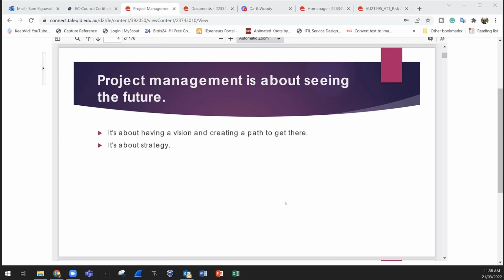So operations, like what? When you go to a hospital, they have operations. When you go to the HR department, this is operations. It's routine, repeated work on a daily basis. So this is the difference between projectized organizations and